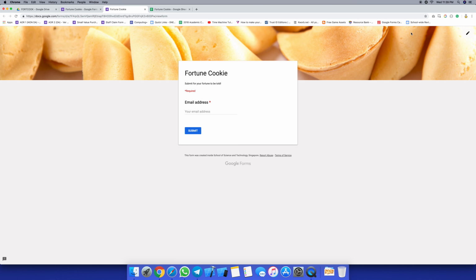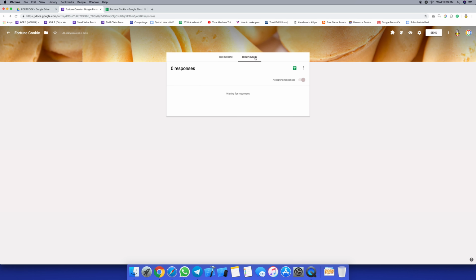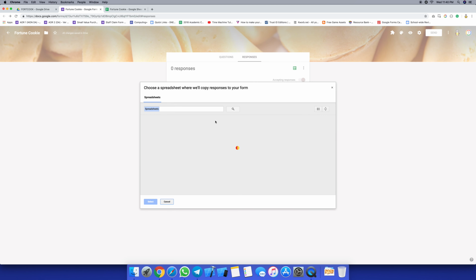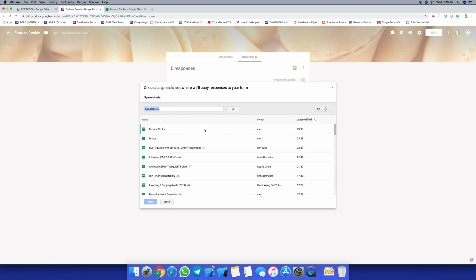Next, before we submit, we need to go to responses. Now, in the responses, we will want to set a destination for the results. So whatever is submitted, it will be actually captured into a spreadsheet. So we click on create spreadsheet, but we are not going to create a new spreadsheet. Instead, we are going to select existing spreadsheet, which is the fortune cookie that we created. So select it and wait for it to load. Okay, so I see the fortune cookie, so I'm going to click on this. This is the last modified, which is probably the one that I'm using. So select,